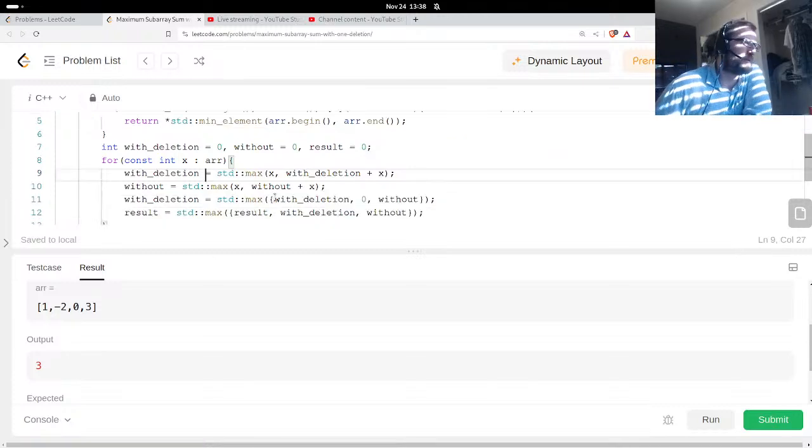So with deletion 1, we get result 1. We get with deletion is, oh, this is actually, yeah, I guess this is fine. The with deletion just assumes that I deleted something already. It's similar to the without. It's like the same calculation here. Anyway, so we start with 1 for both, and then the next iteration,